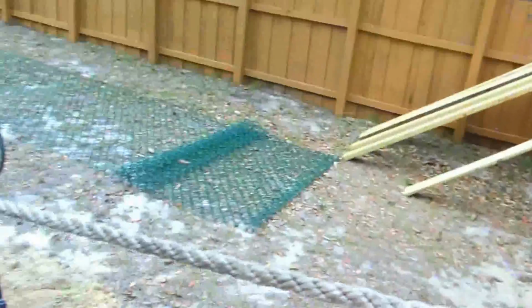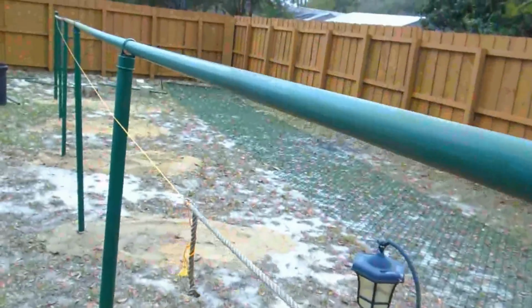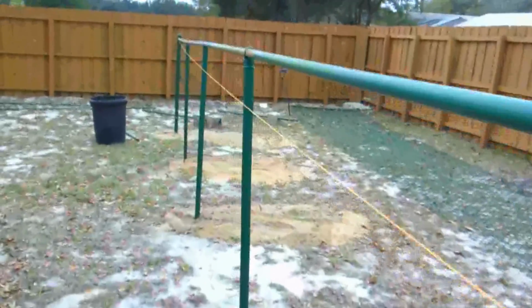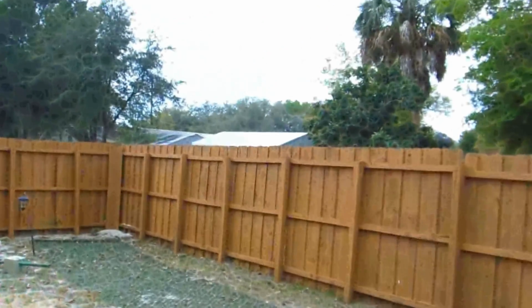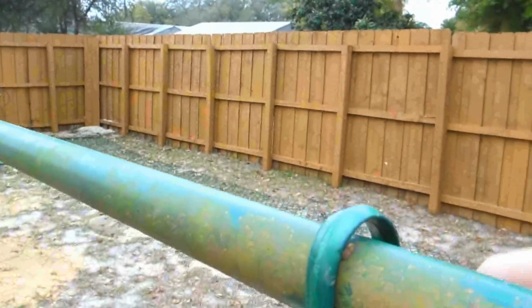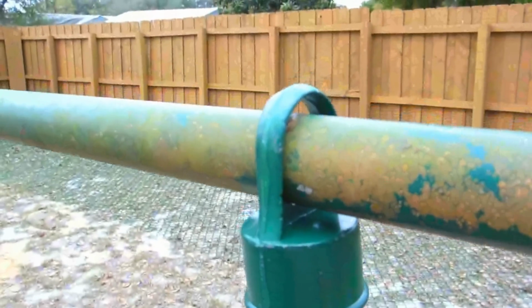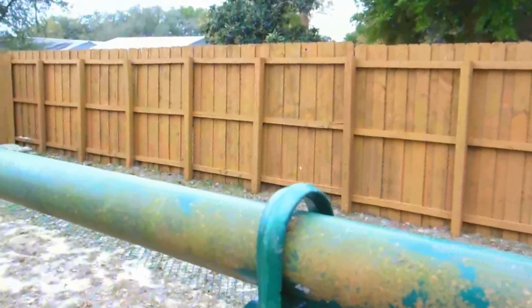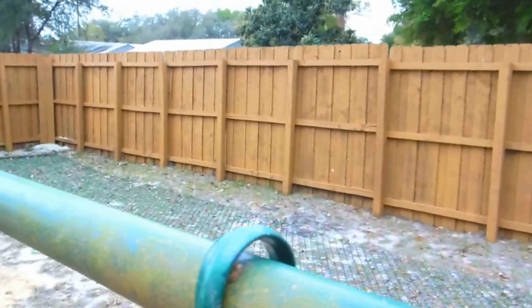And that should hold it up good. And then just got to tie it on, make the gate. And the other thing is going to be the top part. It's going to have a piece come out from here about this high. I might use rebar, put it on with these really super thick 1/2-inch ties, 3 of them, and paint the rebar, and then use a heavy wire going through the rebar, and